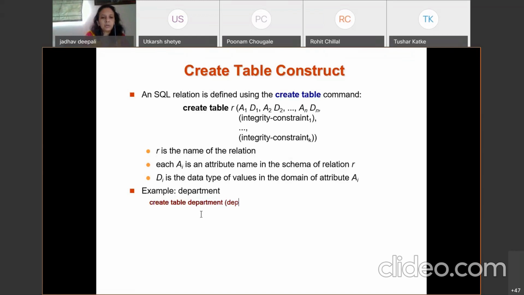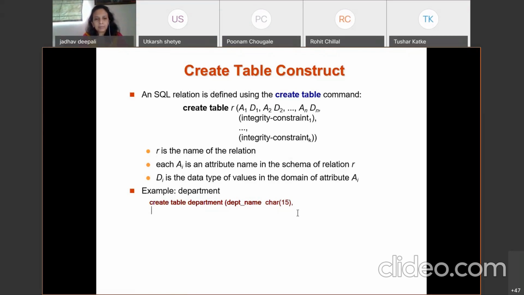So the first attribute, department name, suppose I give it character 15. Space should be there, then a comma. Department name, I have written here with an underscore.